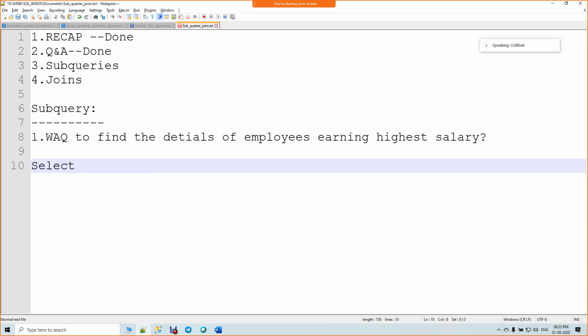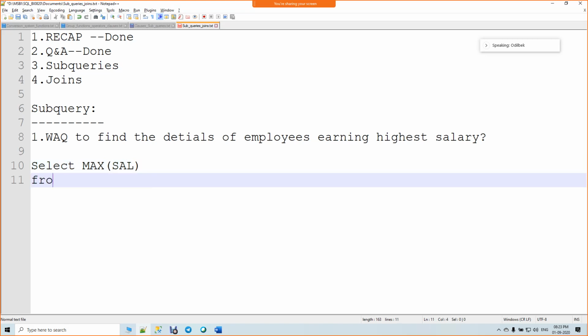Using max. Select max sal from employee. So this will give the highest salary.